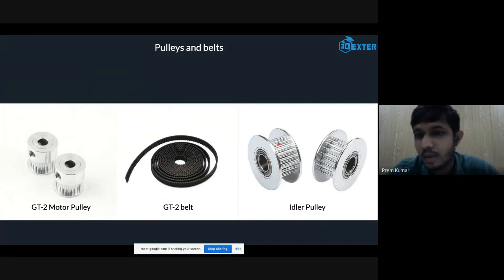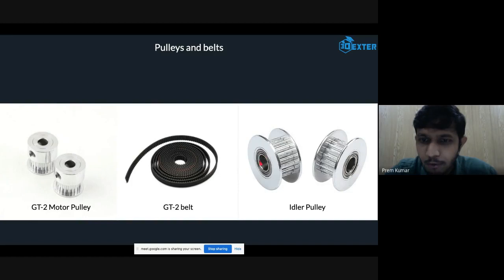So you can get a 12 teeth pulley, a 16 teeth pulley, and a 20 teeth pulley. It's better to choose both pulleys, the drive pulley and this idler pulley, with the same number of teeth, so that you don't have a belt which is slightly bent or slightly curved somewhere.